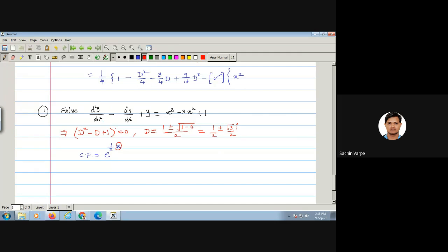So as it is X here, that is why e to the power half into X into c1 cos beta. What is beta here? Root 3 by 2. Root 3 by 2 times x, beta x, plus c2 sine beta x, root 3 by 2 x. The whole is an angle, okay? This is an angle. The complete thing is an angle. X is not outside.